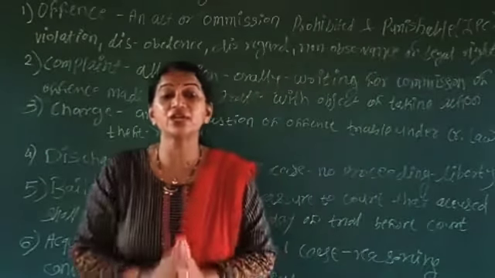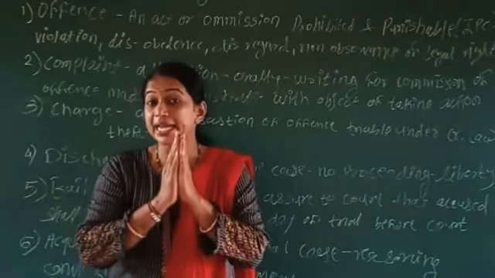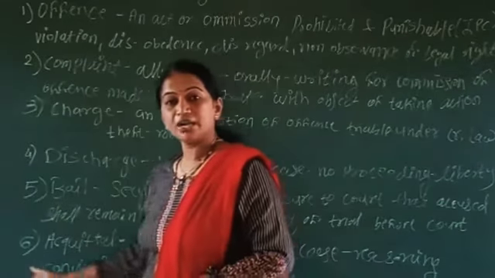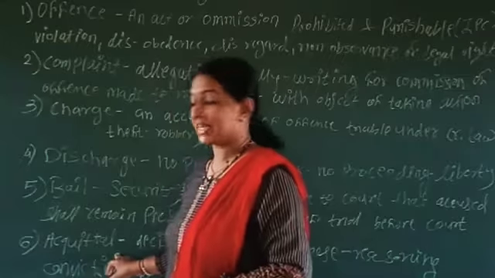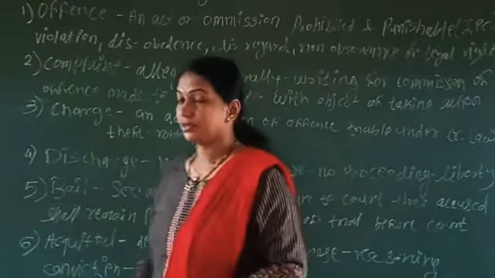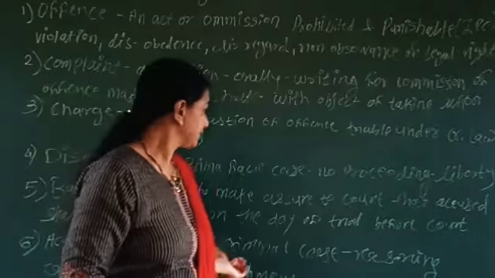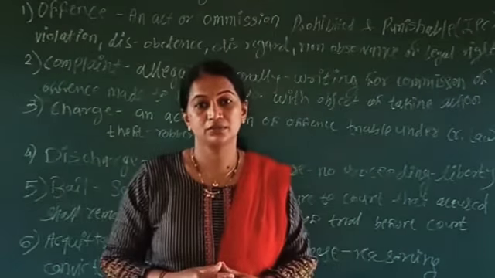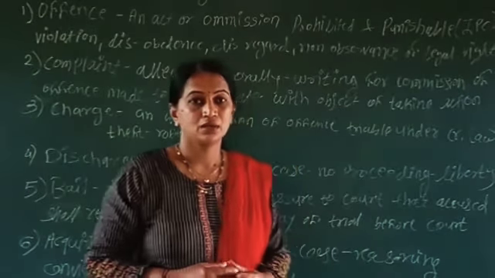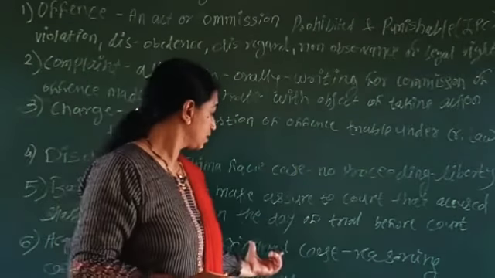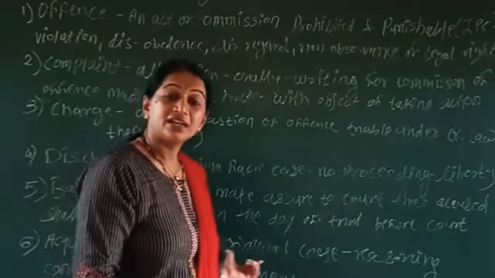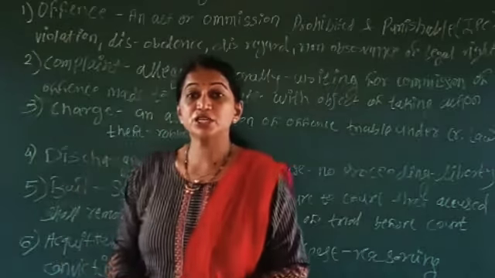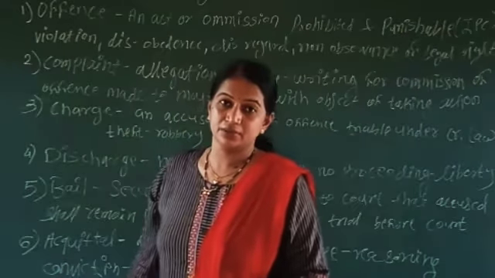But in the end of the criminal case, if the court comes to the decision that there is no sufficient ground, and the charge against the accused is not proved beyond reasonable doubt,